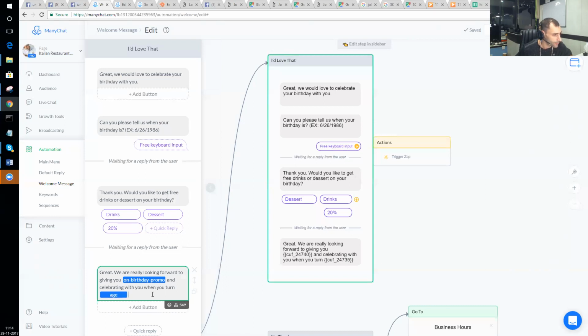We really look forward to giving you drinks and celebrating with you on your special day. So I'm not going to reference their age right now because, like I said, I'm going to have to do something a little bit more complex to go in and take whatever age they have and then add 1 to that value and then reference that. So